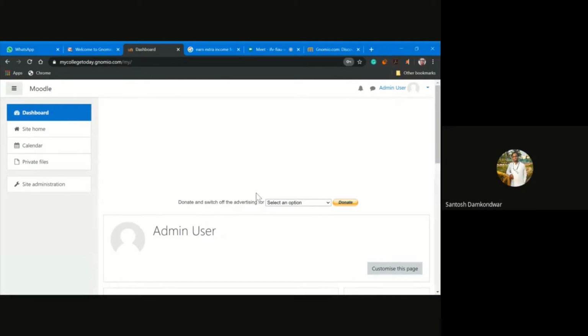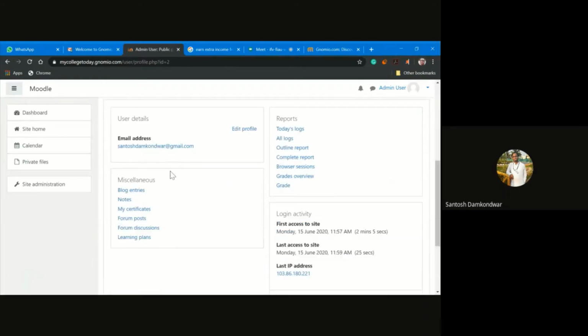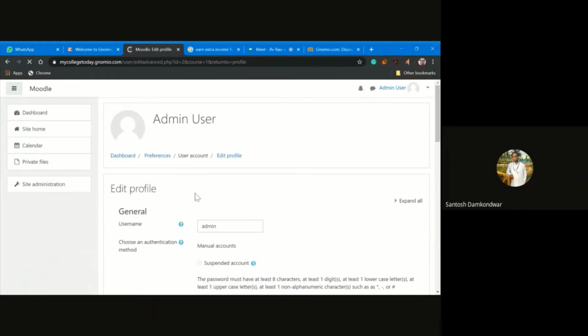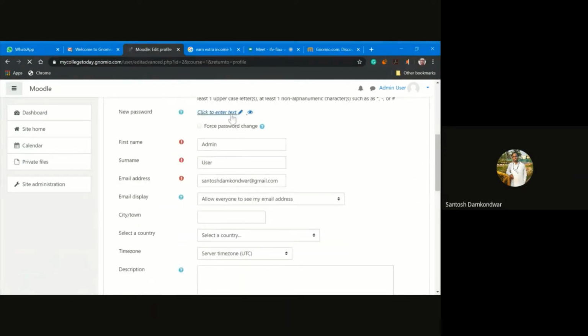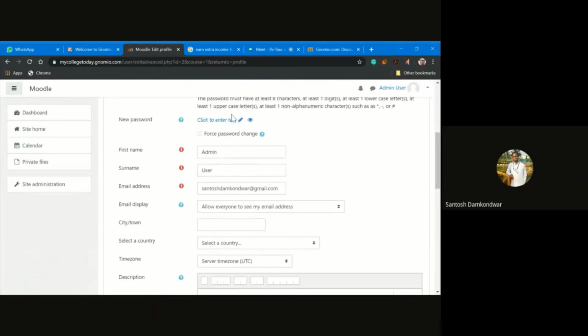Once you have logged in, you can save the password, but of course I will suggest that whenever you get the password, rather than saving it you can change the password. To change the password you just have to go to your profile, then you can edit profile over here, and you can put the password whichever you want.